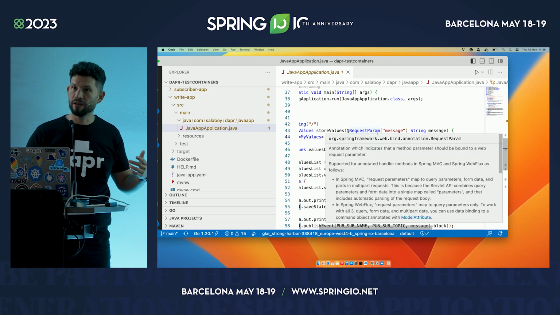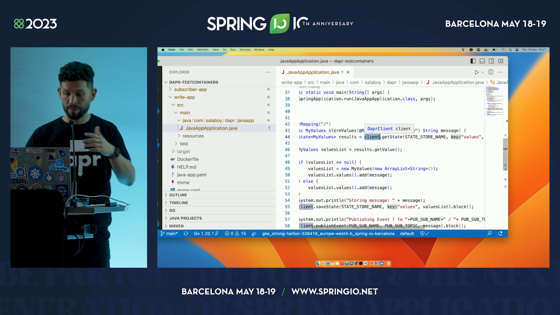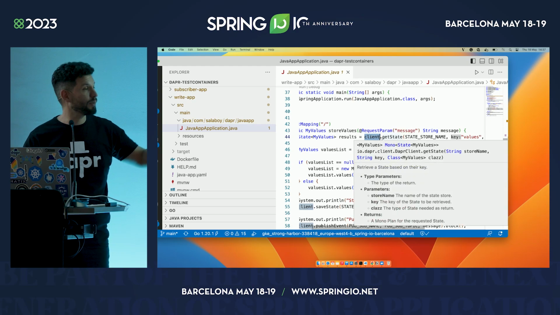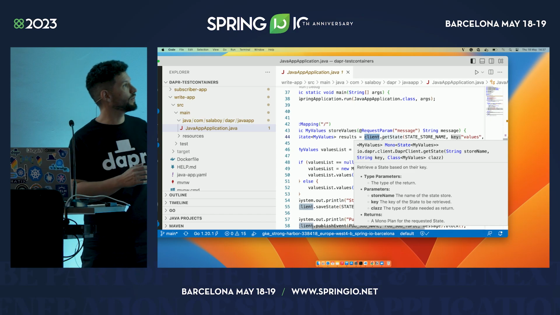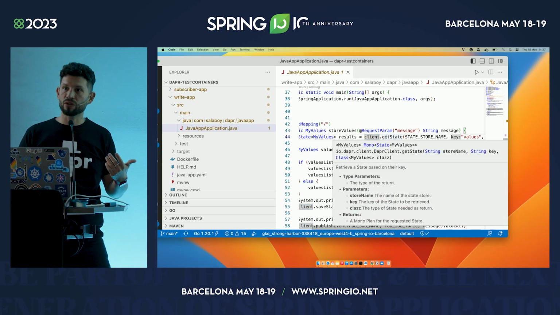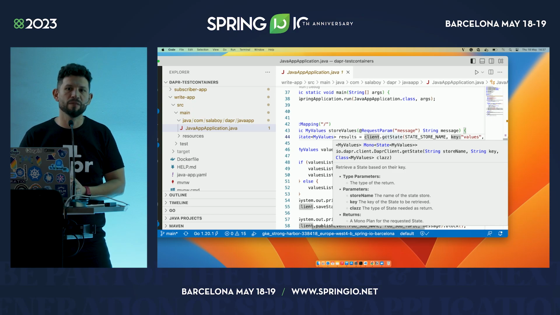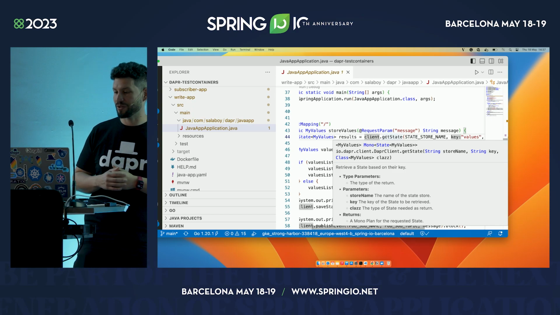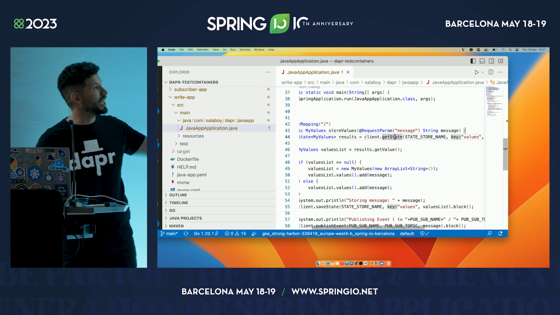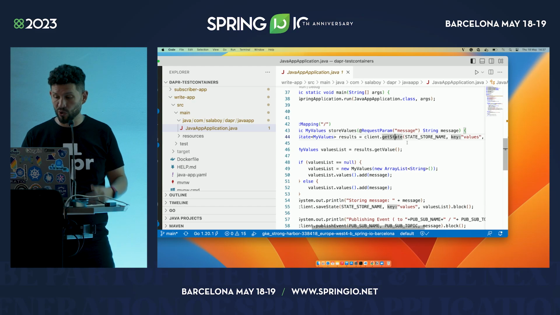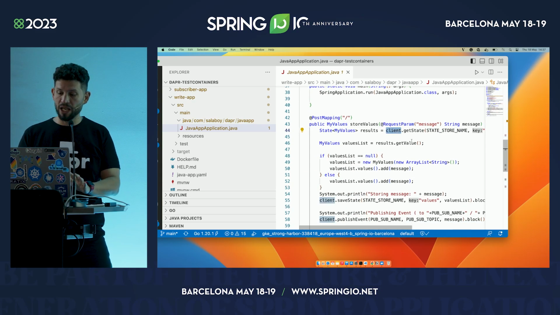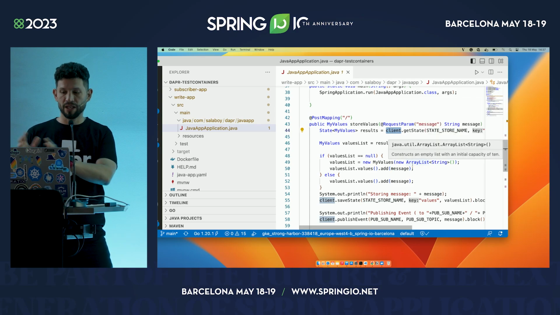Again, because my application knows that it's going to have the Dapr Sidecar running beside the application, it can actually do an HTTP call, right? I can use the web client, or I can use the other classes, like the REST template, I guess, just to do a plain HTTP call to a local API to get the values from the database, right? Again, my application doesn't have any Redis knowledge that this is running in Redis.